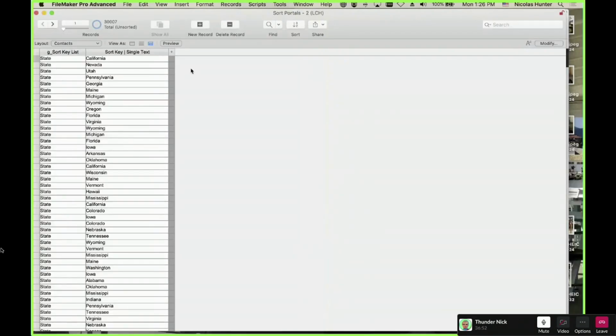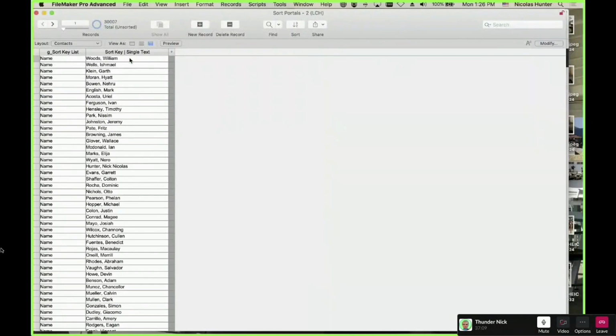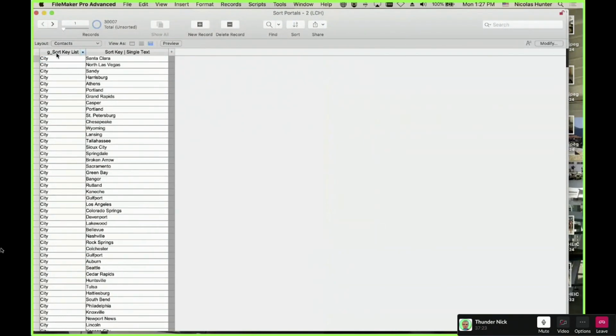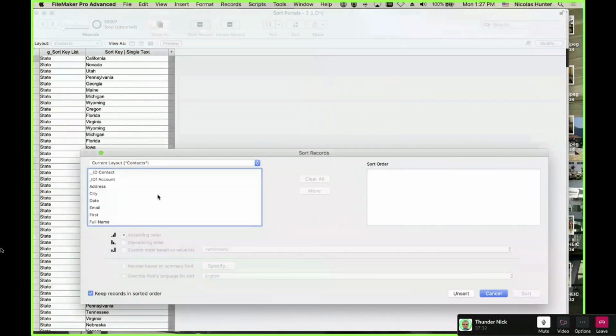Okay, so I want to sort by state. You see this field here, it's a calculation. This field is filled with state. Now I want to sort by name. This is a global, okay? Now I have names here. So this field here, based on the name of the field, I'm populating the data I want to have. If I want city, I have cities. If I want state, I have states. Okay? So far so good. So now you understand. If I sort by this field,